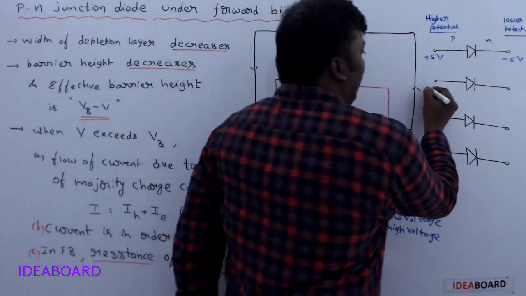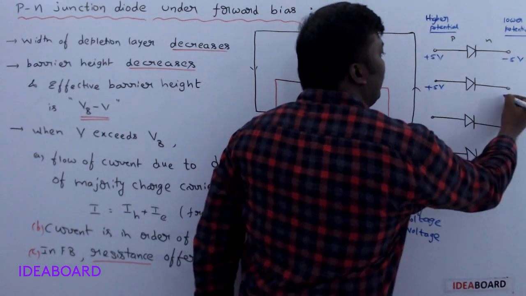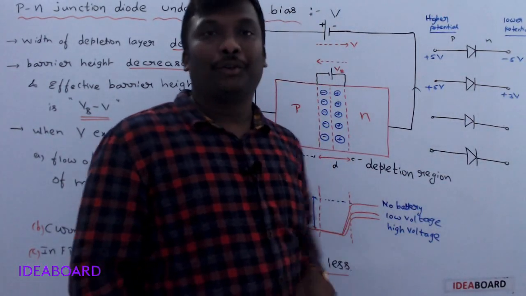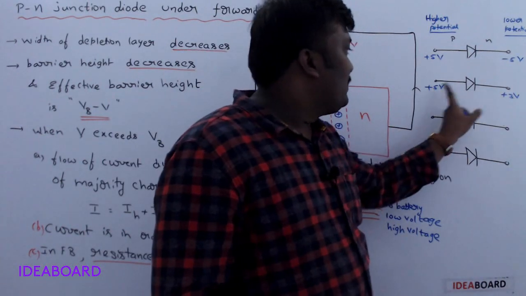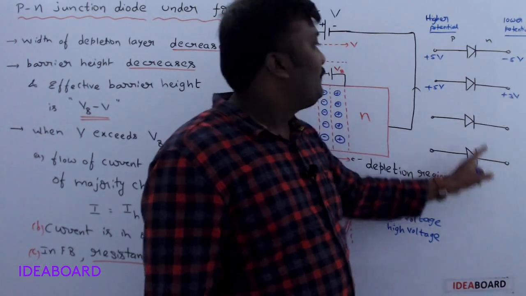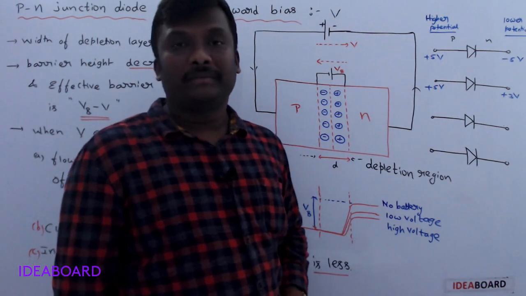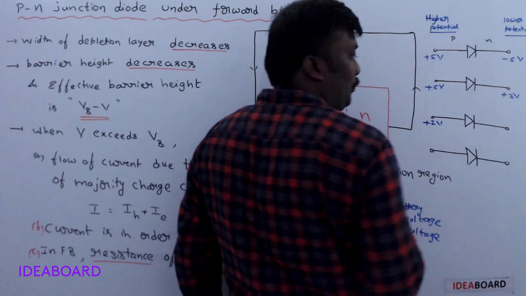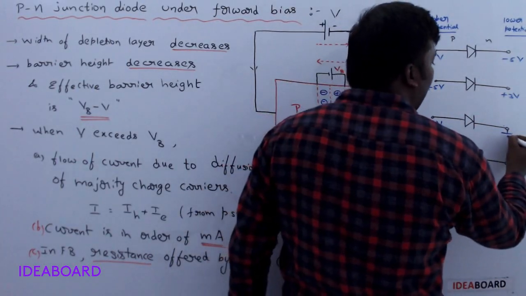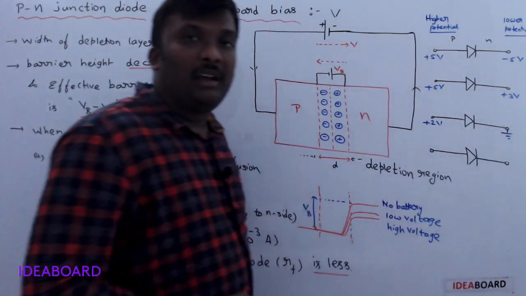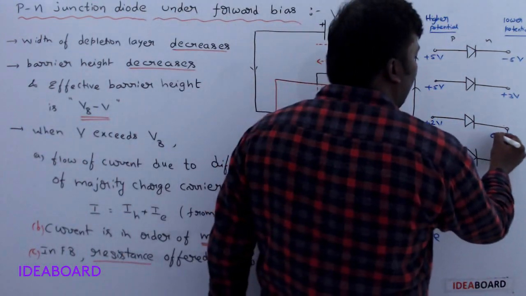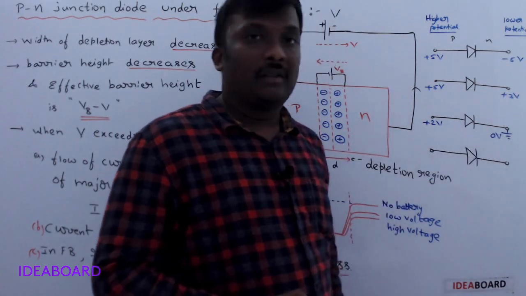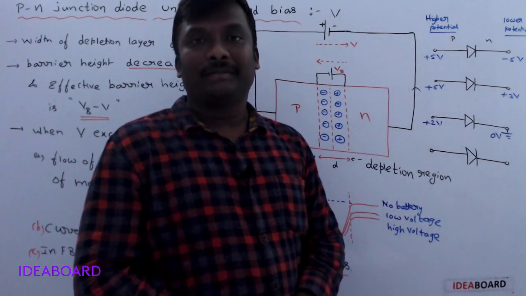Clear? Okay, if I take plus 5 volt here and plus 3 volt there, even though plus 5 is more than plus 3, that's why it is said to be in forward bias. Understand? See, if I take plus 2 volt here and this terminal is connected to the earth, connected to the earth means the potential is 0. So here 2 is more than 0, or not? So it is said to be forward bias.